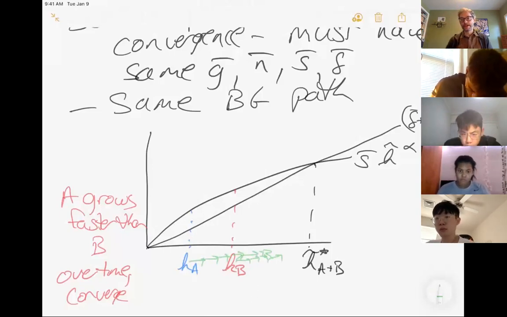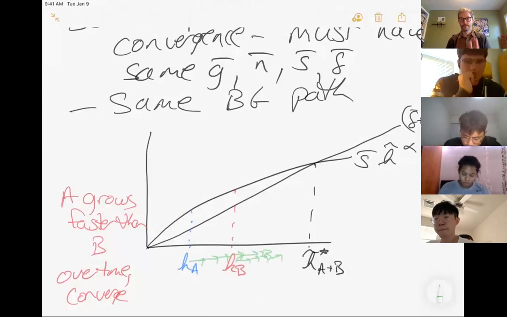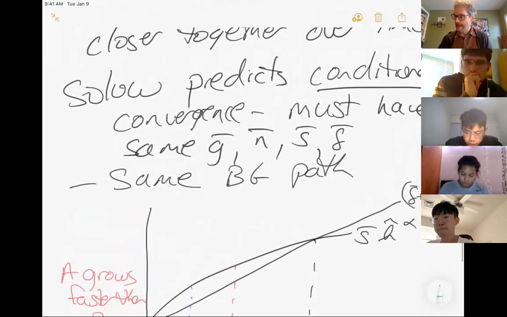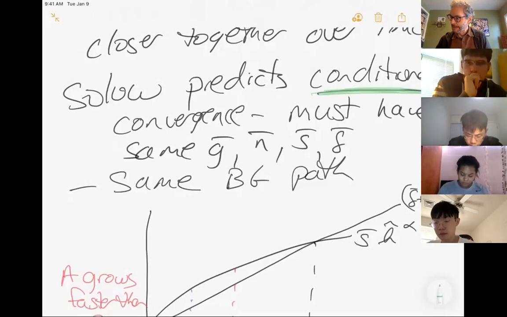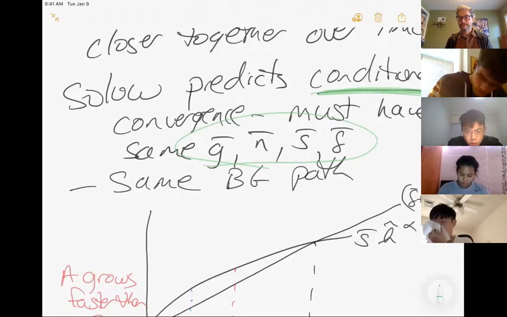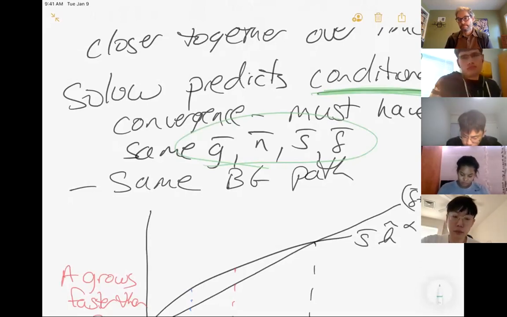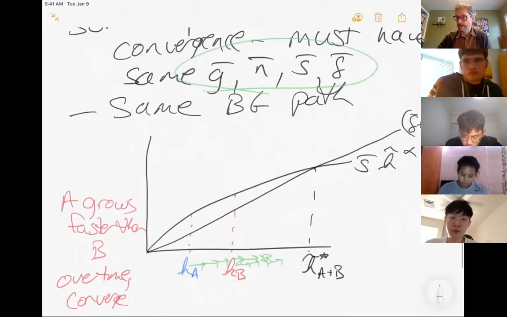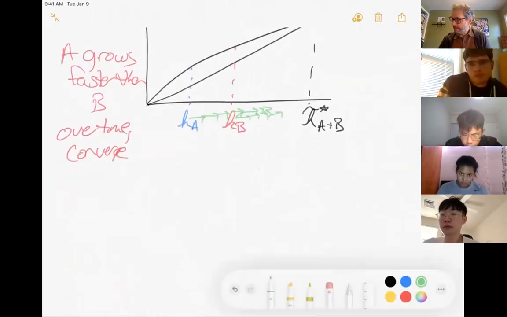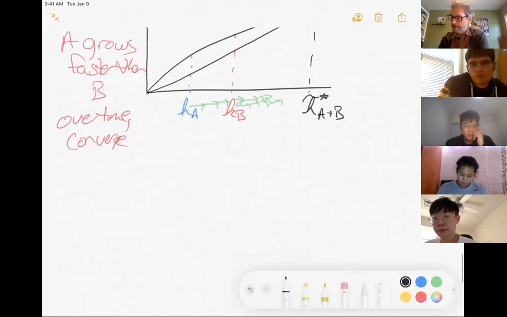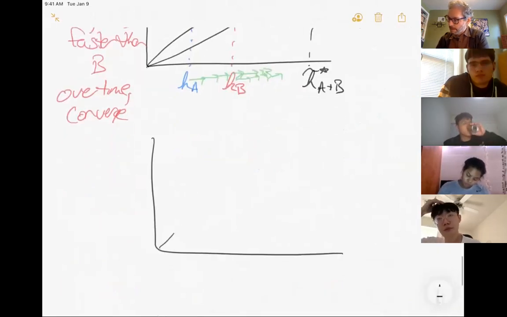So the Solow model does predict convergence, but very, very importantly, I have to emphasize this. It's conditional convergence. Will you have convergence if two countries don't have the same balanced growth path? No, you won't, right? So the alternative to this would be, let's think about a graph in which